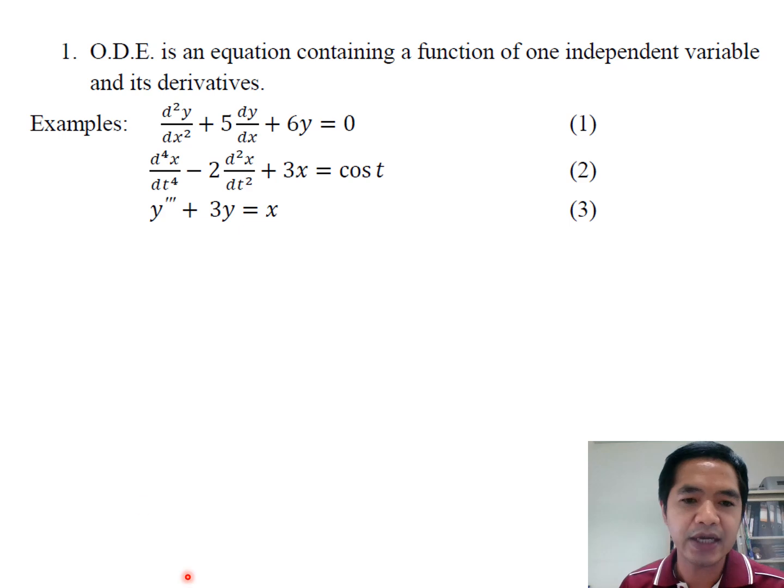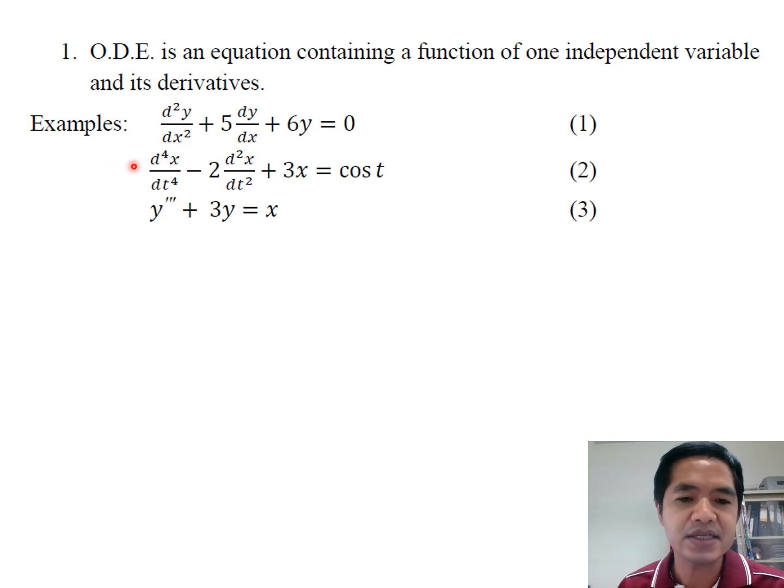This slide shows examples of ODE. ODE means an equation that contains a function of one independent variable and its derivatives. Let's take a look at these examples, and you will know what the independent and dependent variables are. In the first example, d squared y over dt squared plus 5 dy over dx plus 6y equal to 0,